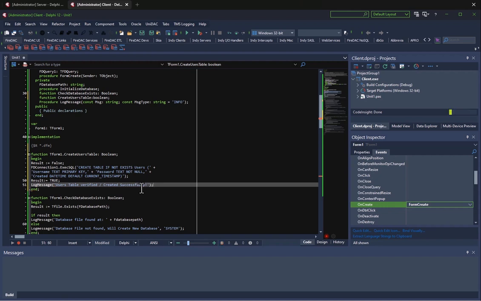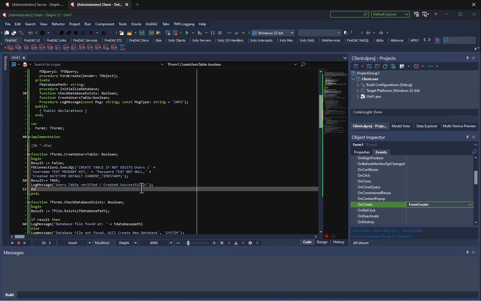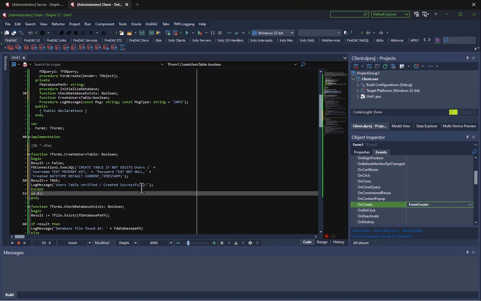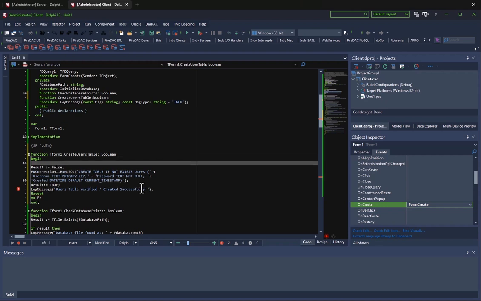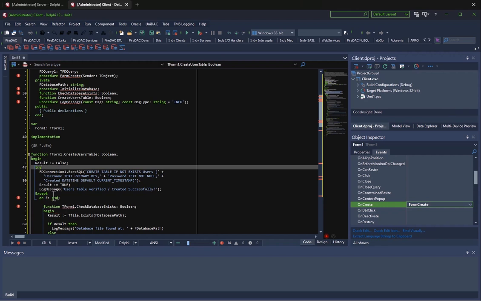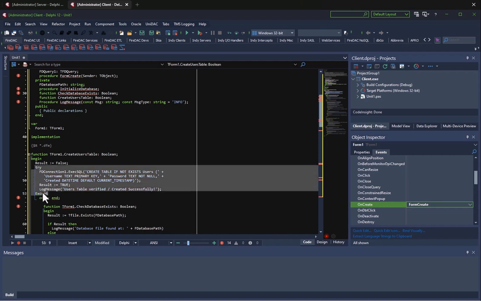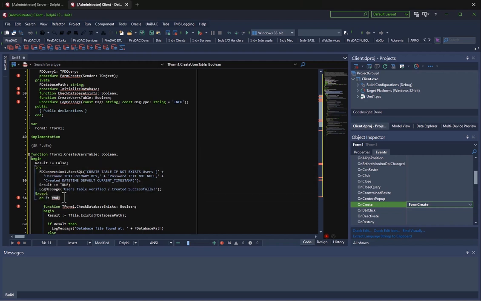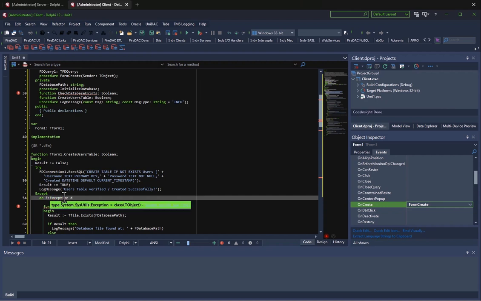And that's that. So now I'm going to go down and say except on E. Also, let's go ahead and encapsulate this in a complete try statement. But before we do that, let's do try after the result is false. So we're going to say result is false to start with. Try the following and except on E exception and deal with it if there's a failure. So on E exception do